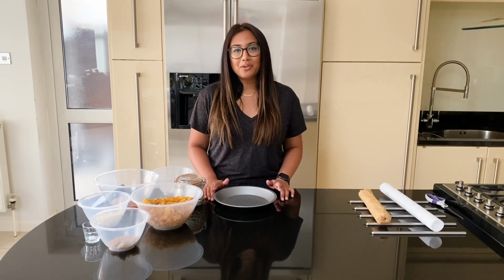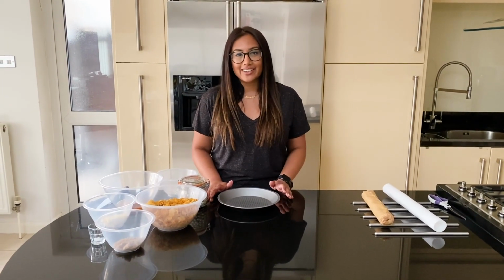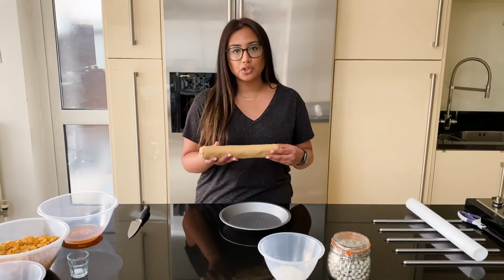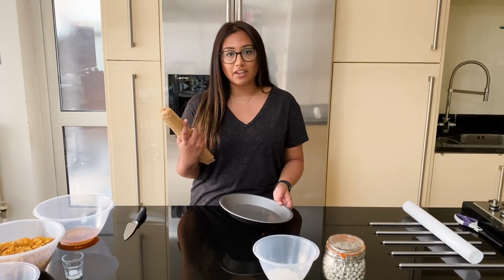Today I'm going to be making cornflake tart, which is literally like everyone's old school memory. So let's get started. To begin the process of making the cornflake tart, I'm going to start by using shop-bought shortcrust pastry. This is ready rolled and it's really easy, and sometimes you might even have it in your freezer,